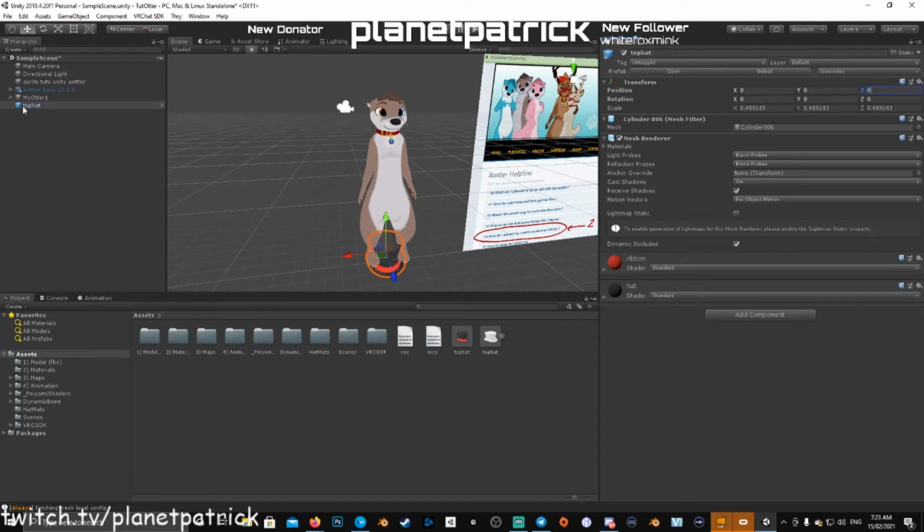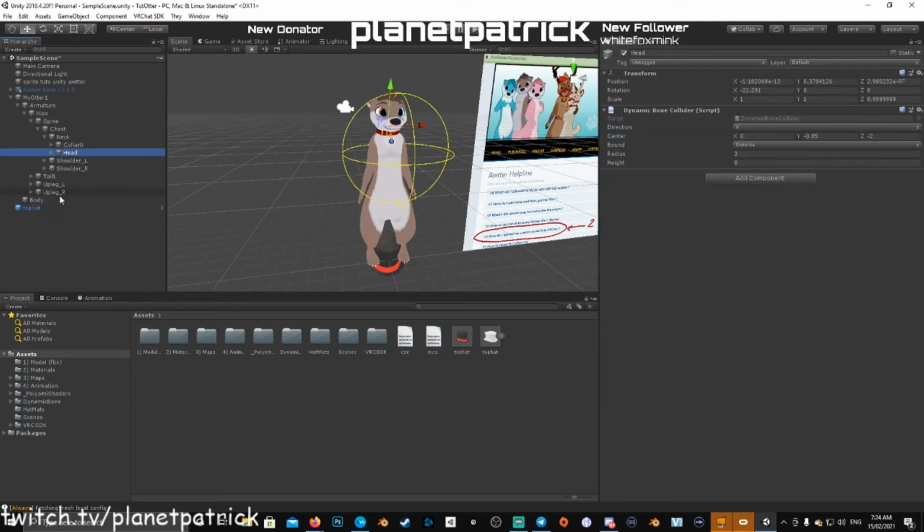So the first thing you want to do is go down the hierarchy of your avatar and find, since it's a hat, the head. If it was a wristband, go to the wrist. If it was on the chest, go to the hips, chest, etc. So I'm going to go down and find the head. I'm going to go to hips, spine, chest, neck, and head,